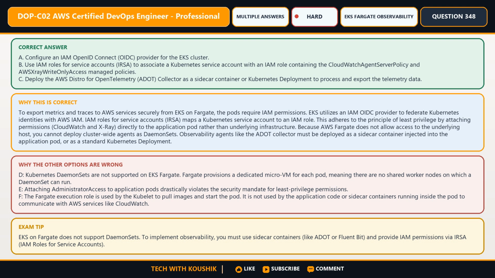Let's look at the reasoning. To export metrics and traces to AWS services securely from EKS on Fargate, the pods require IAM permissions. EKS utilizes an IAM OIDC provider to federate Kubernetes identities with AWS IAM. IAM roles for service accounts, IRSA, maps a Kubernetes service account to an IAM role. This adheres to the principle of least privilege by attaching permissions, CloudWatch and X-Ray, directly to the application pod rather